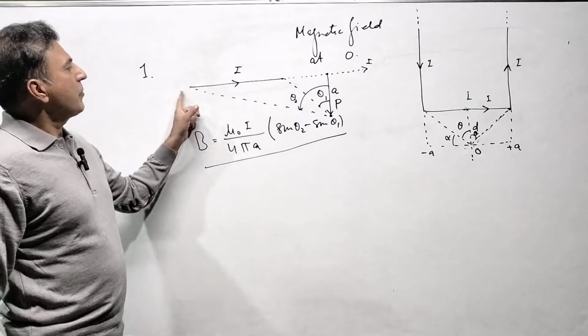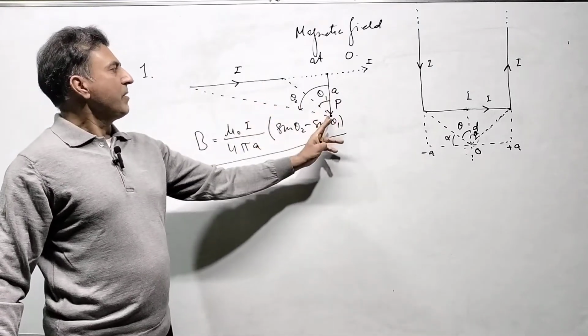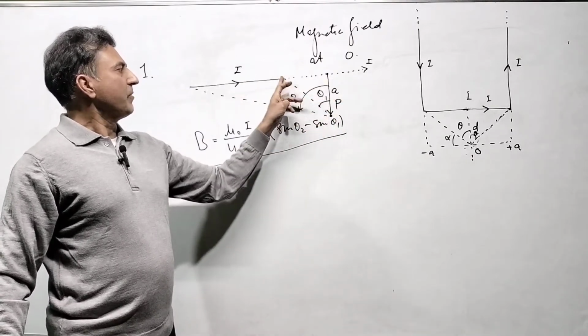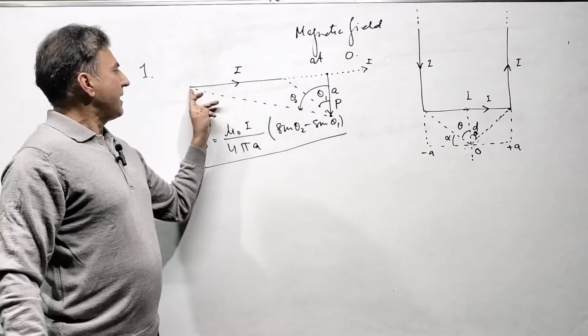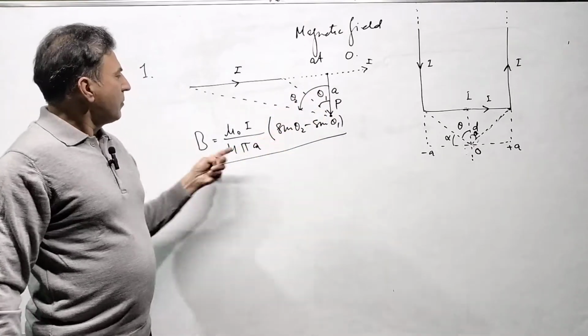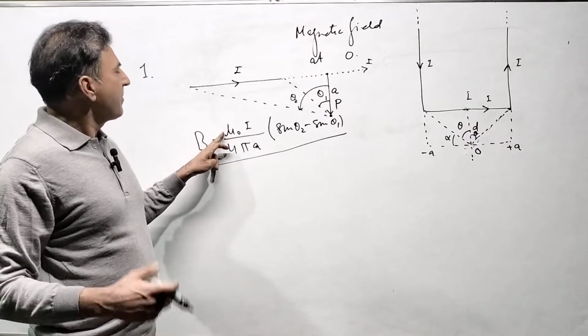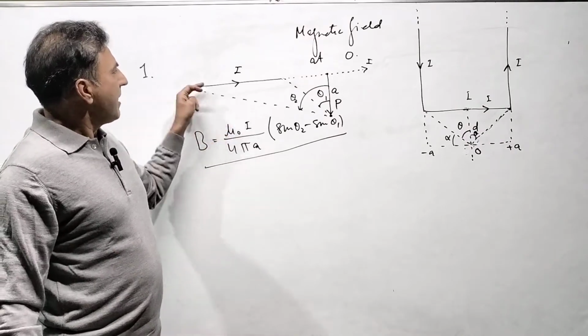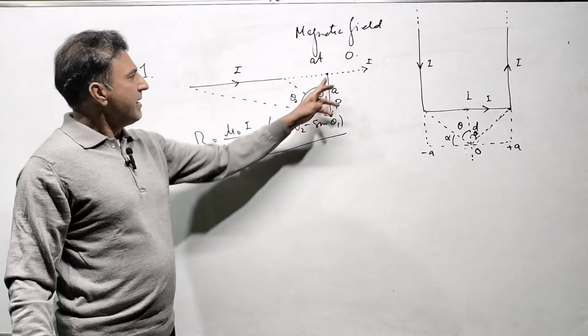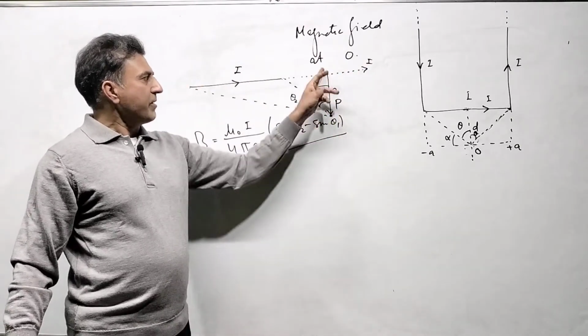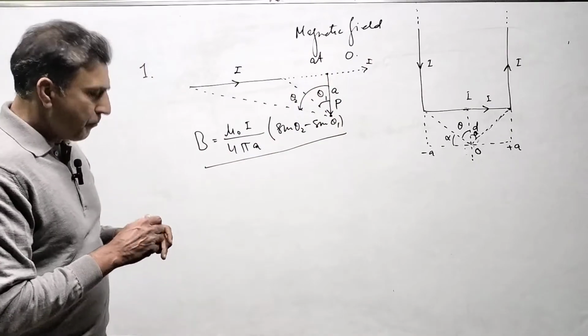We have found the magnetic field due to a short conductor in the outside domain. Draw a perpendicular, extend the line, draw a perpendicular. This is theta 1 with one edge line, theta 2 with another edge line. Here mu 0 is a constant, the magnetic constant, the permeability of free space, I is the current flowing, and A is the shortest distance between the conductor and the point. That is all. So second